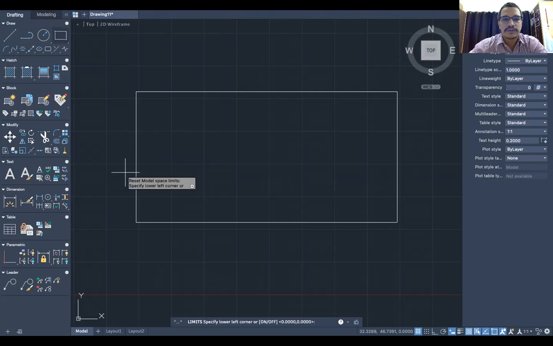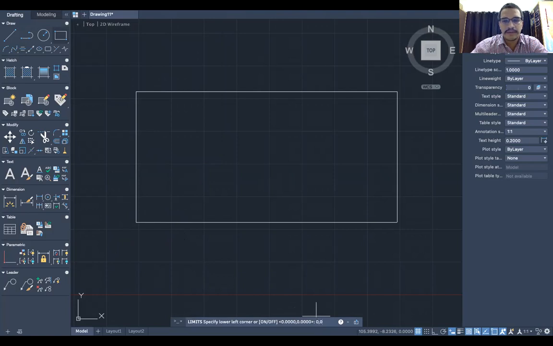All right, so firstly, when I click the limits, what it is asking is to specify the lower left corner. Either you can directly select on the screen, or you have the option to enter a value in the command. So I will use the command, I will type 0,0 for the left.